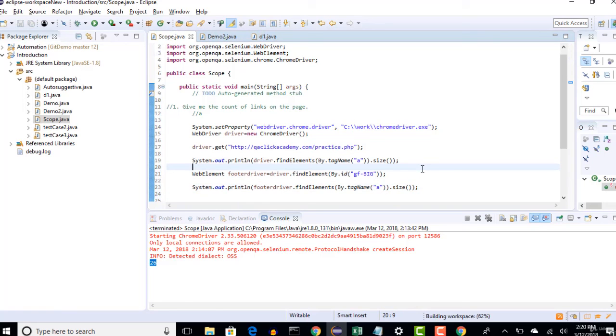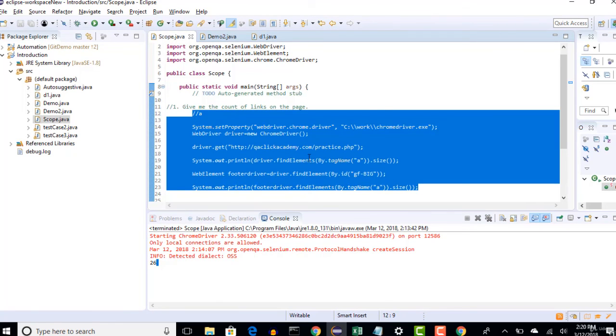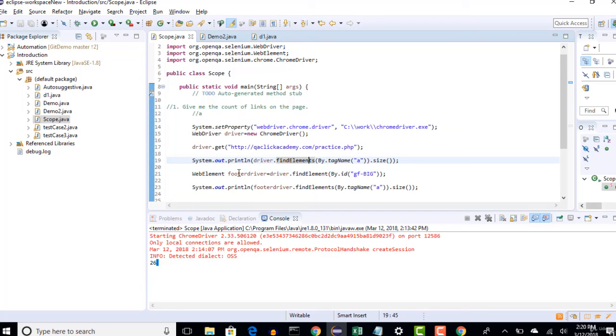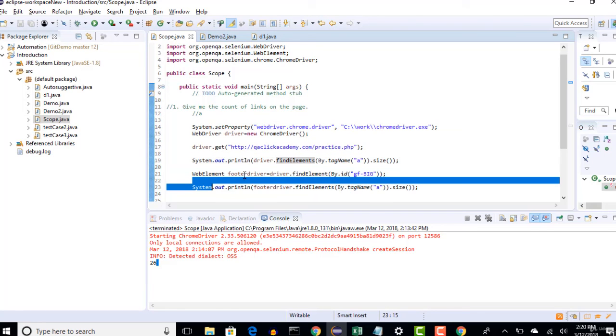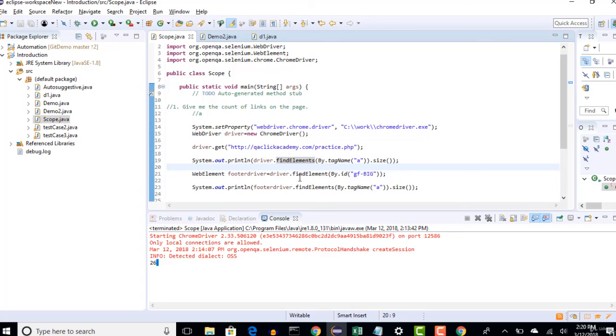Now you run this and see what count you get, and also try to analyze what I have done here. In the next section I'll go through and tell you how this works, but before watching that, just analyze the way I have taken a subsection and the way I have placed it instead of driver. Okay, thank you.